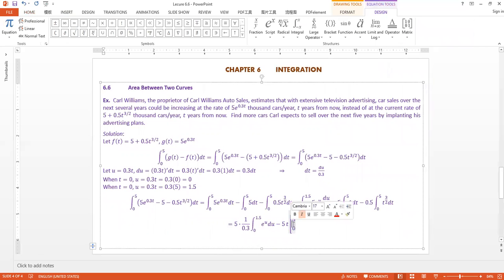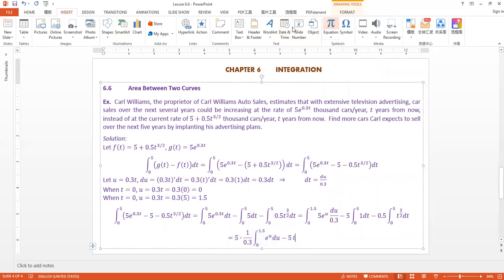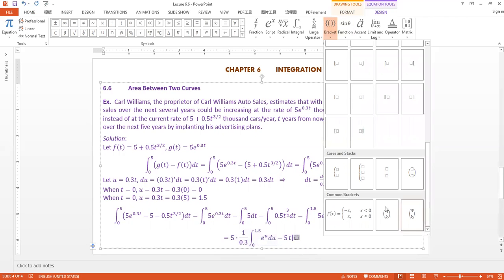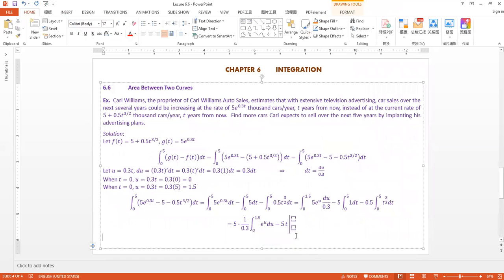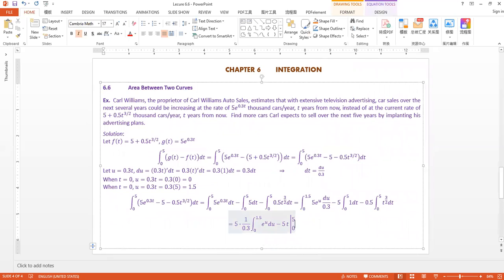Oh, come on. Okay, so I used the wrong notation here, so it should be a vertical bar. Okay, so this one, and then the bracket from 0 to 5. So that's the second term, and the third term is minus 0.5 times